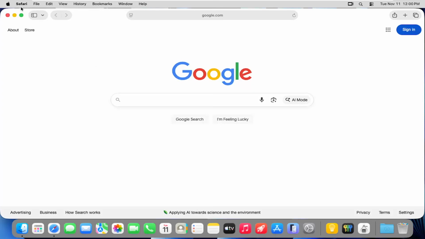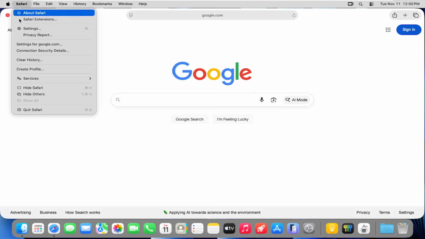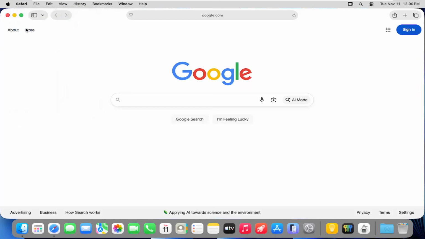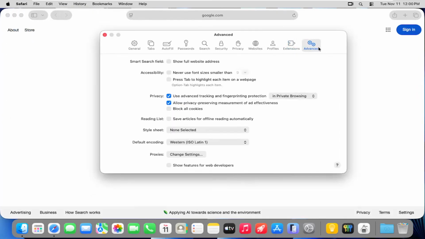So all you have to do is select the Safari button up in the top menu bar and then go down and select Settings. You want to select the Advanced button at the top right, and then you want to select underneath Privacy where it says Use Advanced Tracking and Fingerprint Protection. Go ahead and make sure that's checkmarked. And then if you click inside the drop-down, you want to select In All Browsing, and that's all you have